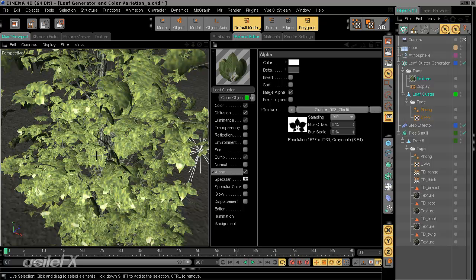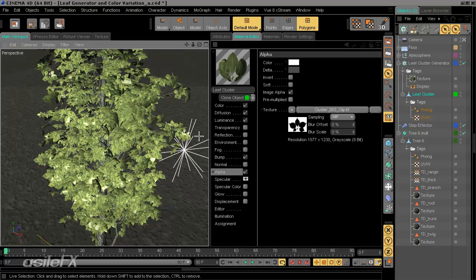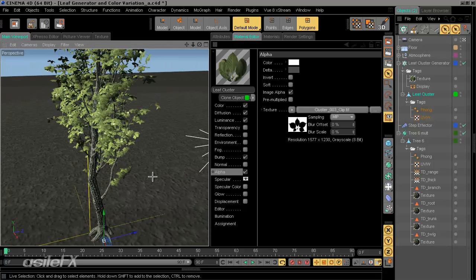Either way, it's a good idea at this point to set up a selection tag, since I don't have one for the leaf cluster, because once we want to start adding other objects, we don't want them to have the exact same texture. We want to be able to limit it, and eventually, of course, we're going to be cloning the entire tree as well. So it's a good idea to create a selection tag,